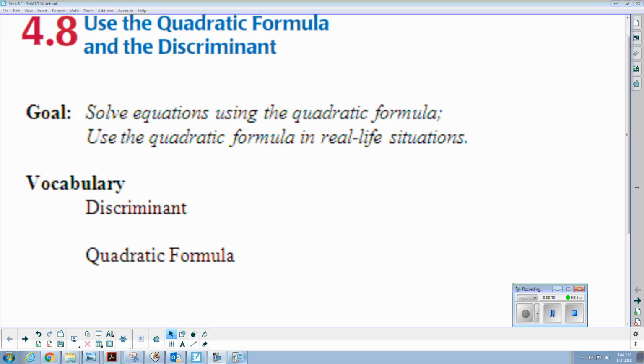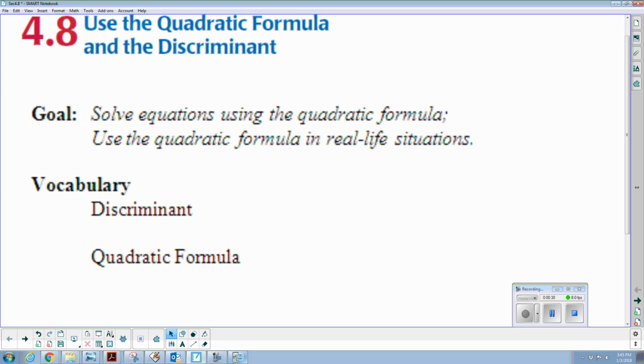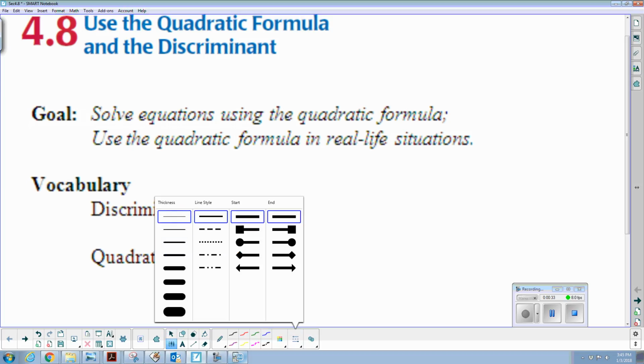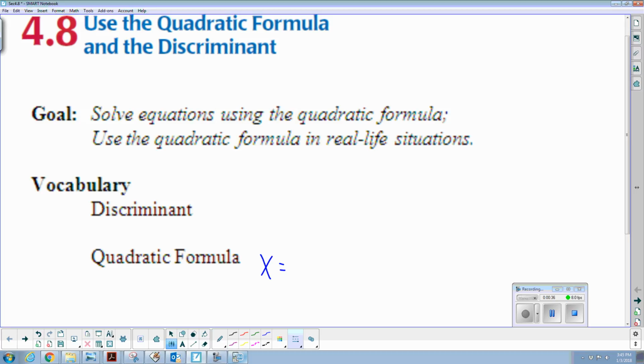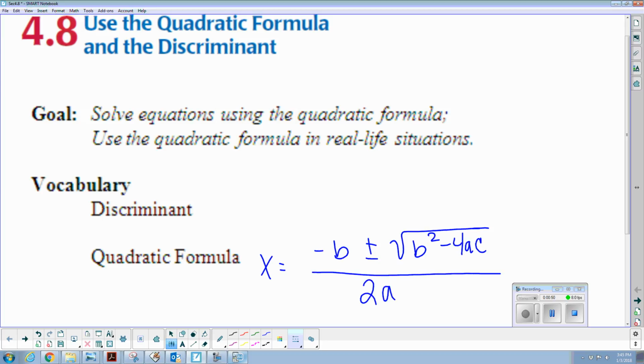So a couple key vocab terms. First of all, I'm going to define the quadratic formula. This is a formula that you've probably used before, but we're going to use it in addition to the other methods that we have for solving quadratics. So the quadratic formula is x equals negative b plus or minus the square root of b squared minus 4ac all over 2a,